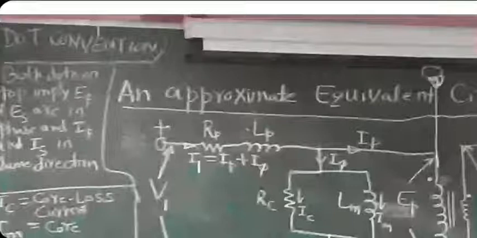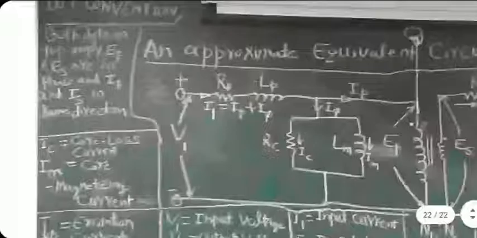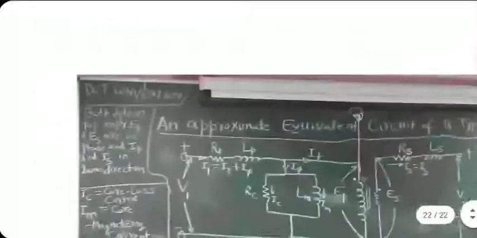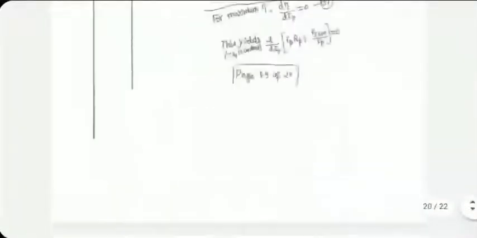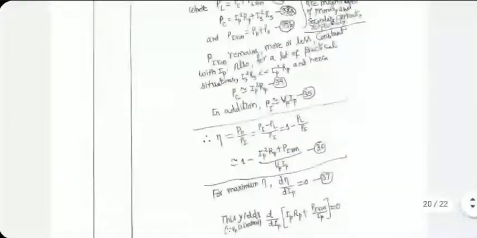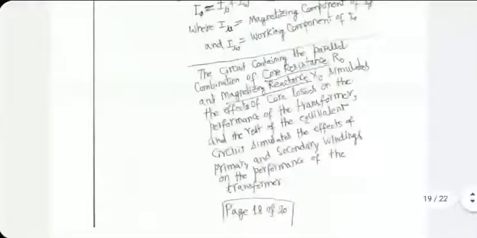Okay. Now, one very important thing that we want to do is look at efficiency of the transformer, of a lossy transformer. And at least in theory, try to maximize it. Okay. These are the descriptions of various currents, which are also given in the other diagram. Okay, so either way is fine.